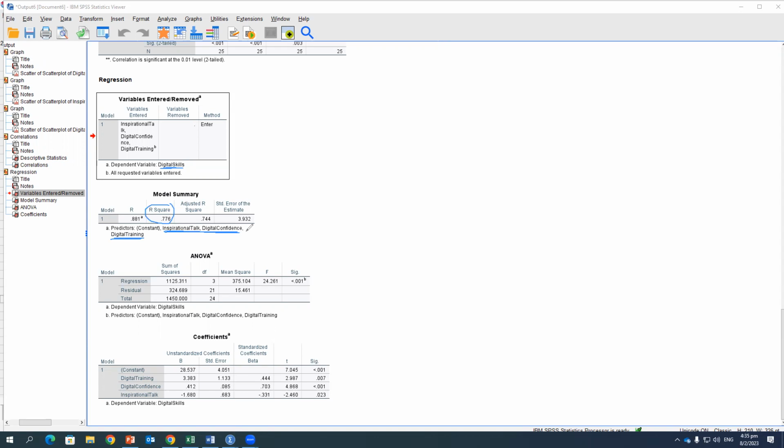And then the other important table is the ANOVA table. ANOVA, analysis of variance, which is shortened as ANOVA, tells us to what extent the regression fits the data, right? Or to what extent the regression can explain the dependent variable that we are interested in. So to do that